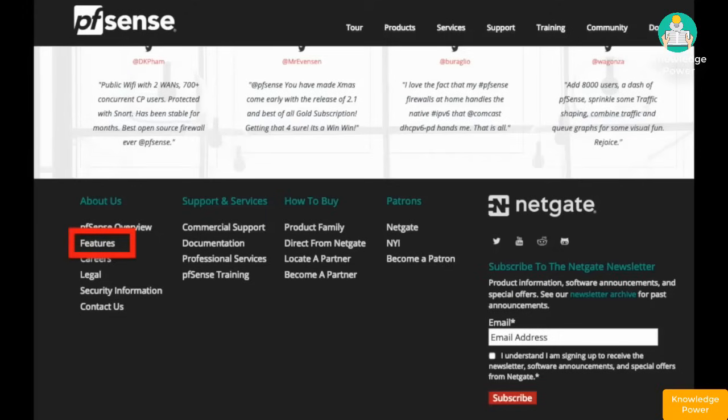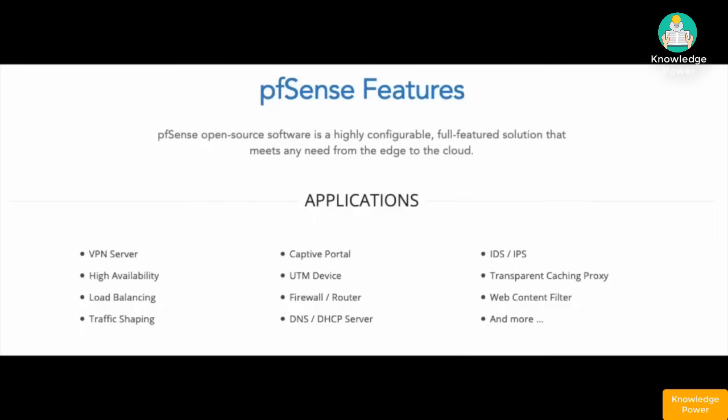You can see a complete list of applications and features at pfSense.org. Scroll to the bottom and select Features from the footer menu. pfSense offers you Virtual Private Networking or VPN server, high availability, load balancing, traffic shaping, Unified Threat Management or UTM. Of course, it's a router and a firewall, Domain Name System or DNS and Dynamic Host Configuration Protocol DHCP servers,